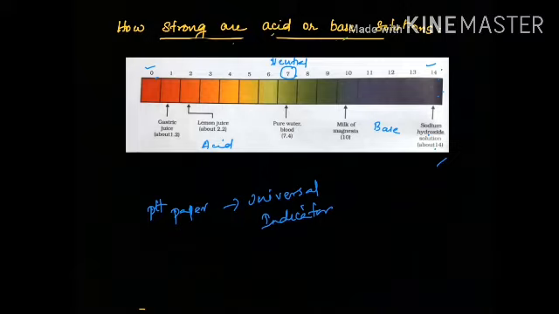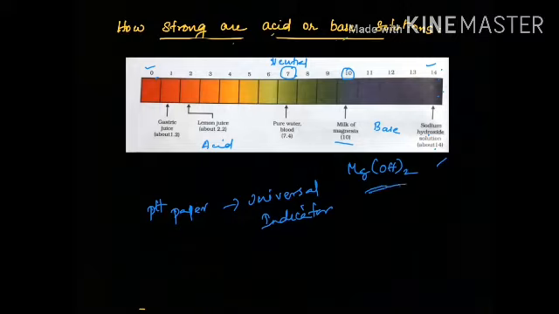Now you look at the milk of magnesia. Have you heard about the milk of magnesia? Milk of magnesia is what we use for indigestion. When indigestion is there, we will be using the milk of magnesia. Milk of magnesia is actually made up of magnesium hydroxide, so it is a base. It has a value around 10. That means it is not that strong, neither is it too weak. It's a moderate level of base, right?